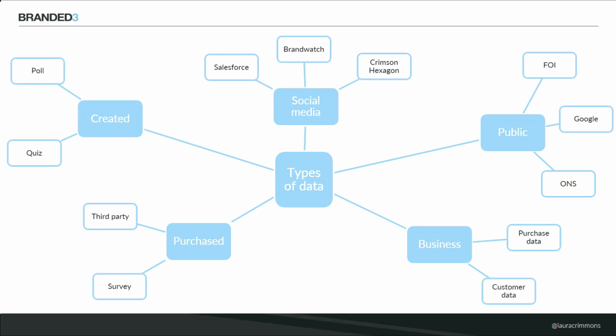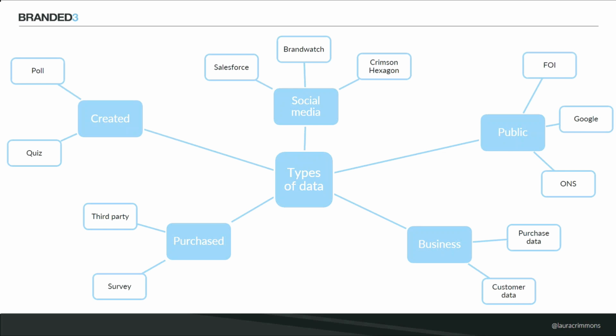So within public, I'm talking about things like freedom of information requests, which I find are often very much underused in terms of campaigns. I don't see that many people using it, and it's such a great tool because the best thing about it is it's absolutely free, which we all love to try and do things as cheaply as possible for our clients' budgets. We can spend more time invested in the actual promotion and creation of the content that we want to produce.